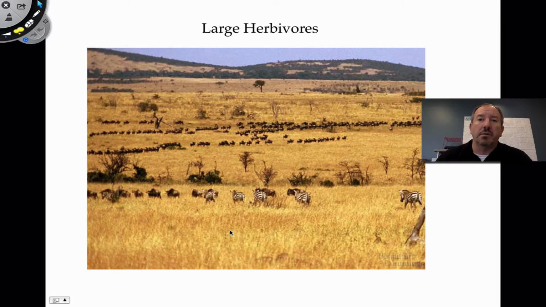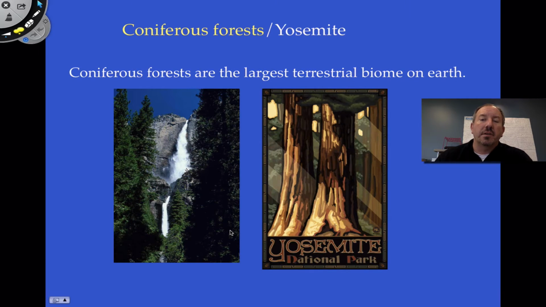So that's very important. And so, sorry for going so quickly over these. Maybe you don't perceive it to be quick, but the next biome that I want to consider is the great coniferous forest, the great conifers, these big trees. And Yosemite is kind of famous for these big trees, like, for example, the sequoia trees in Yosemite National Park.